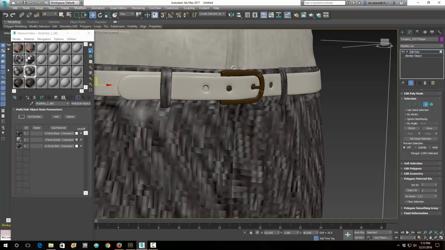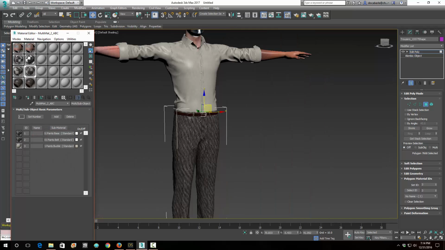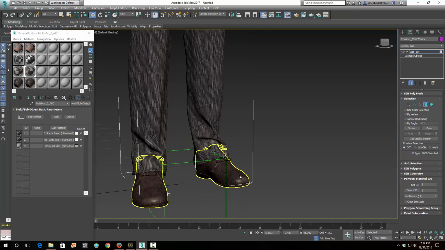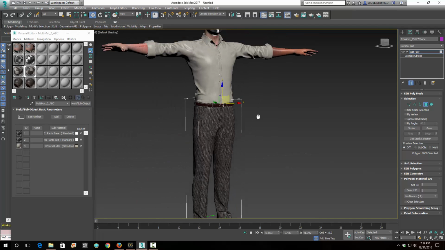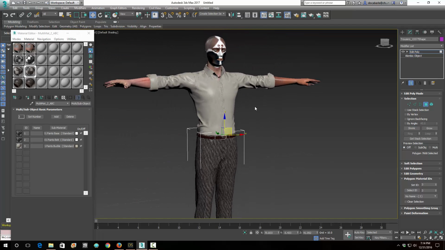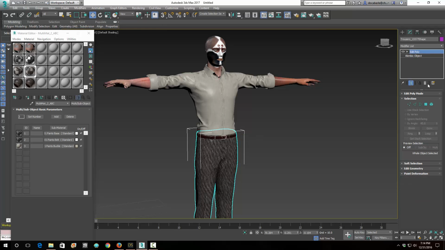So these two need to be reversed, because if I click on this, you'll see that it's in ID 3, where my buckle is actually in ID 2. It should be in 3. So I'm just going to swap these two. And that's it. That's all you do for this. Now the shoes are fine. I'm not going to worry about those. Those came in okay. But if I get out of selection mode now, and then delete the Edit Poly,